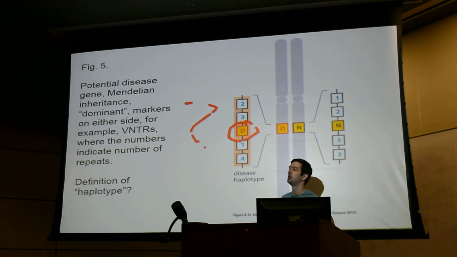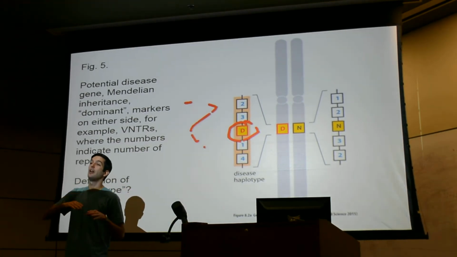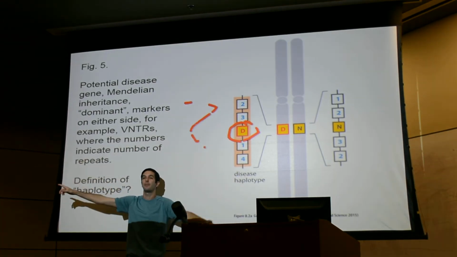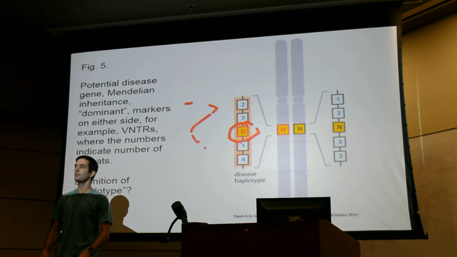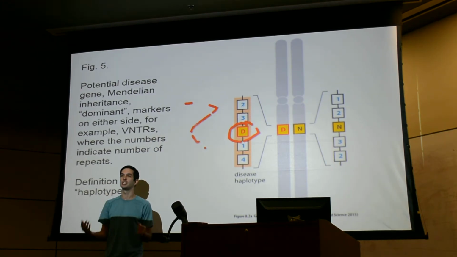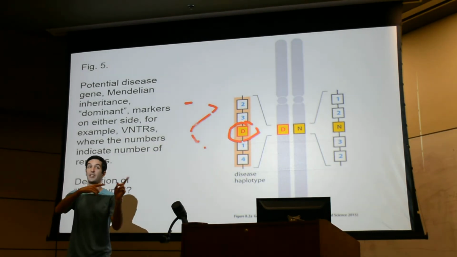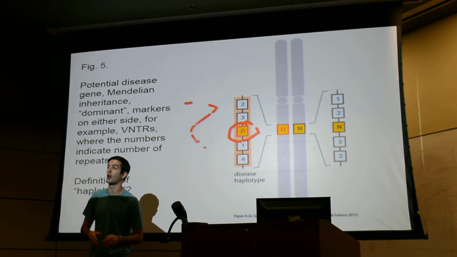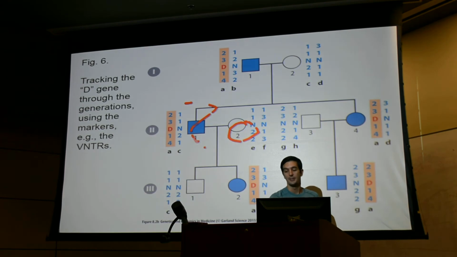So what we do is, I set up a pedigree, I look at the family history, and from there, I then need to look for what do all of the people in this family that have this disease have in common on the genetic level. It's very hard to go through and look at every gene and sequence every gene. So instead, what's much easier to work with? The VNTRs and the SNPs. Because we do know where all of those are and we have a database for all of those. And that's exactly what's going on here.